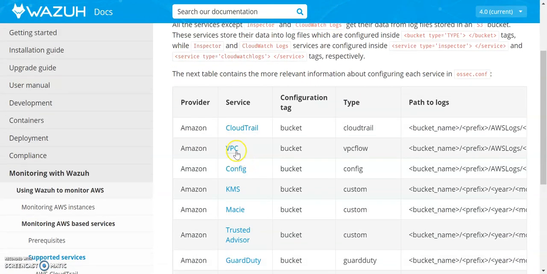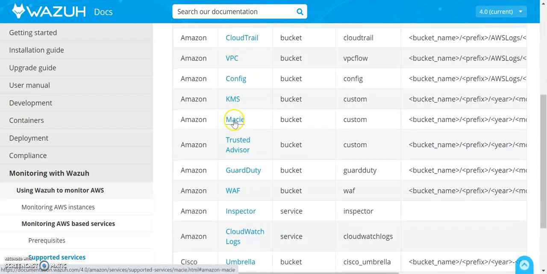Same way, there are different logs. You can analyze your VPC flow logs. All the traffic which is coming in and out, everything can be captured. Whatever activity you are doing with your VPC, everything can be captured. Then AWS Config and KMS, that is Key Management Service, Amazon KMS. Whatever key management services you are using, if you are creating a new master key, where you are using it and how you are using it, everything will be logged, and that can be one of your logging parameters. Amazon Macie.